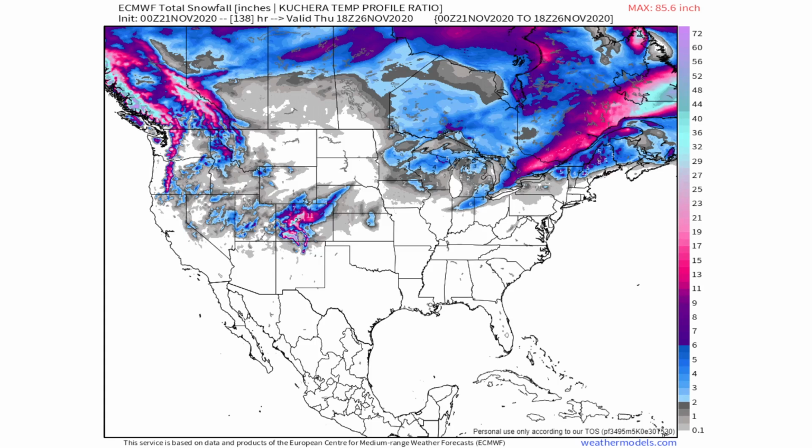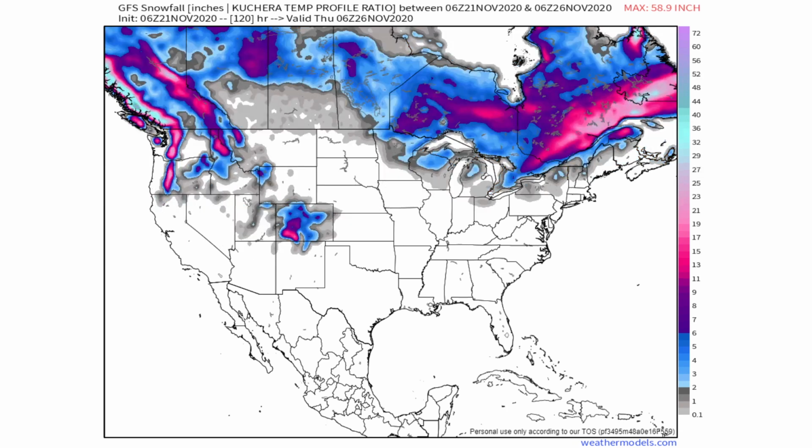In the upper Great Lakes, maybe closer to 2 to 4 inches. In the interior and northeast, maybe a couple areas squeeze out 6 inches or more of snowfall. Here's what the GFS shows for the same storm, and you can see I'll go back and forth between the